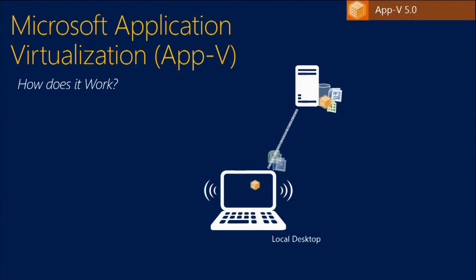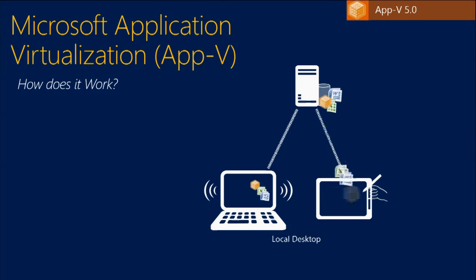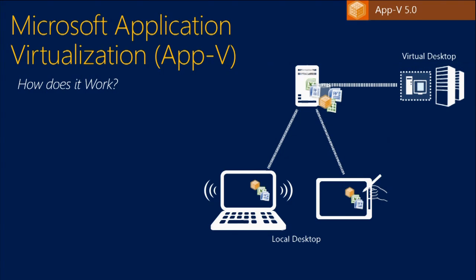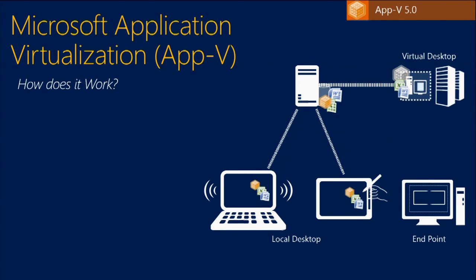Instead of installing it to the actual C Program Files and the local registry, etc., we bring this to a sequencer, which has a base installation of your desktop image. We turn on the sequencer and monitor the installation of the software. That's collecting all the actual resources that are needed for that package to be run on the endpoint. Then we deliver it through various means, which we'll be seeing along the way.